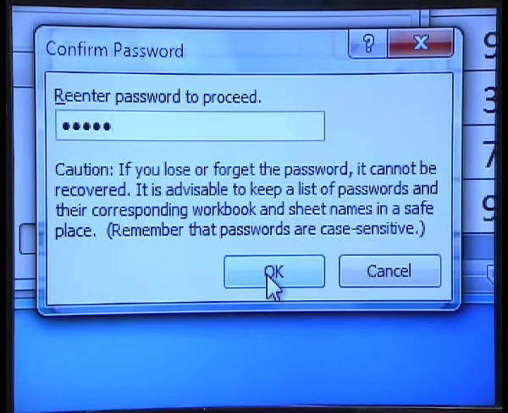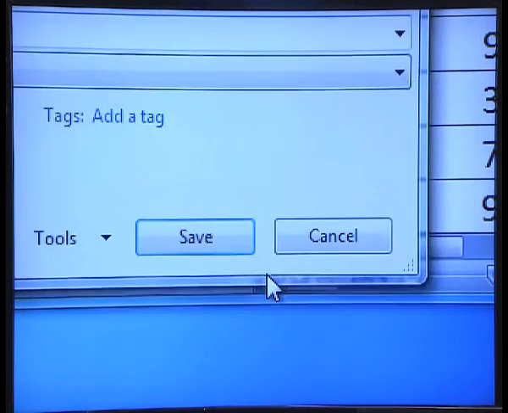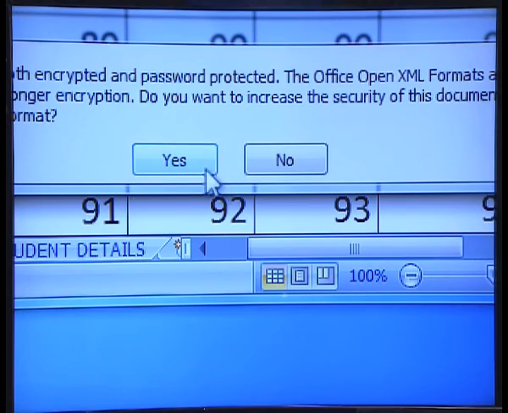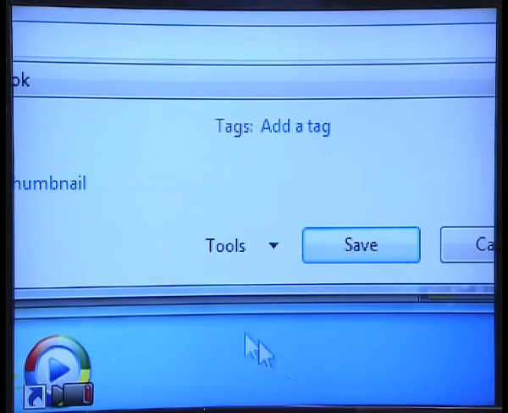You have to re-enter the password again. Once again, I'll enter the password. Any password is usually asked 2 times, so that I myself don't have confusion in the passwords. And then you click save. So next time when you open this file,